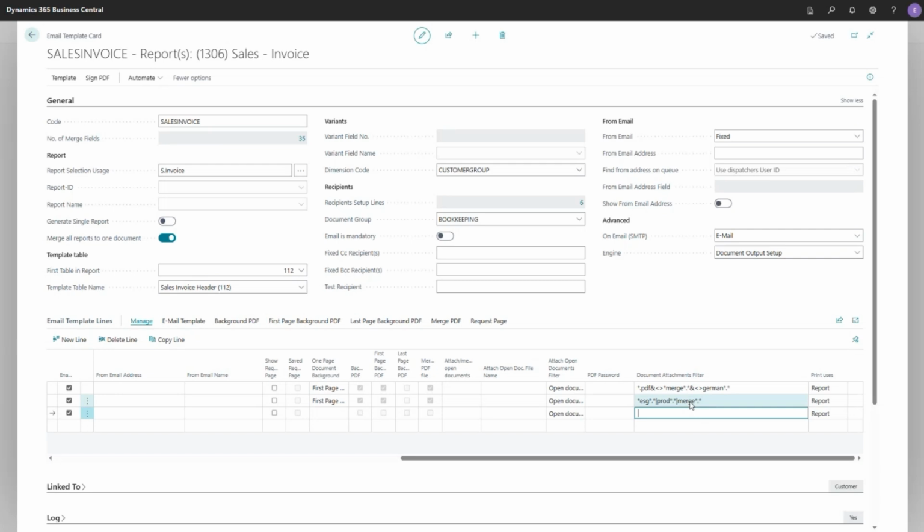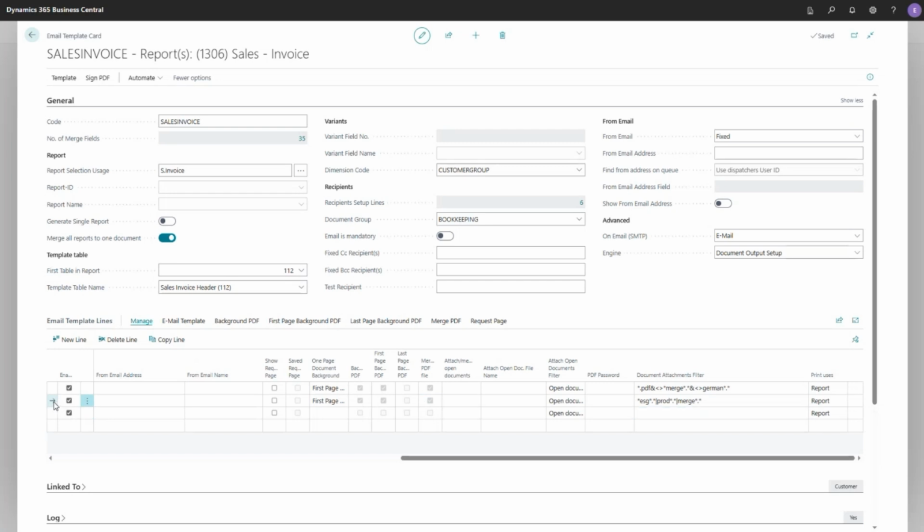And the reason why I want to include the merge string is because I use a merge PDF in the default, and the merge PDF are pages, additional pages that are attached to the report document. And for large accounts, I would like the report PDF to be as clean as possible. So I don't want to have anything added to that one. I can just quickly show you